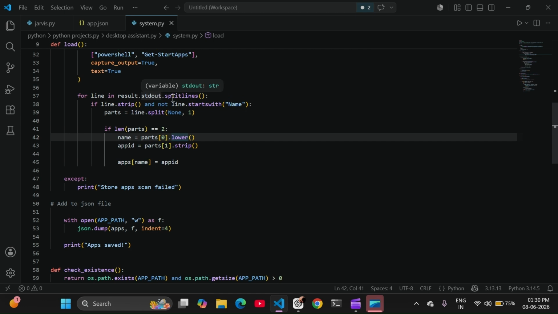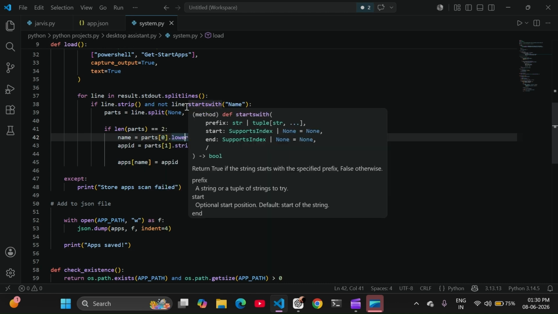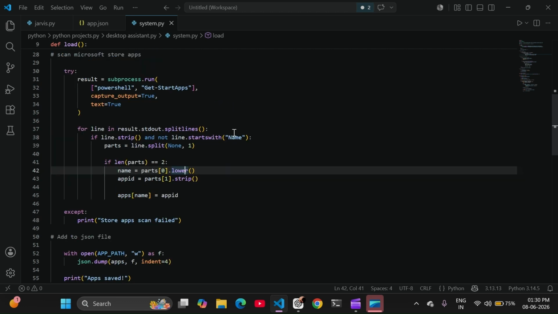We are looping line by line, and in each line we are stripping any spaces, and not line.startswith Name. In the terminal you will get a list headed by Name and AppID, so it will not count them.